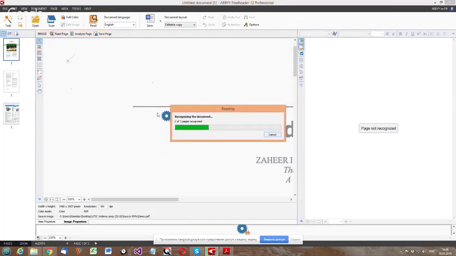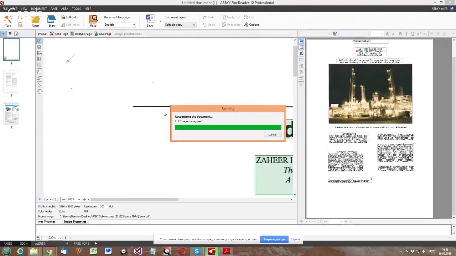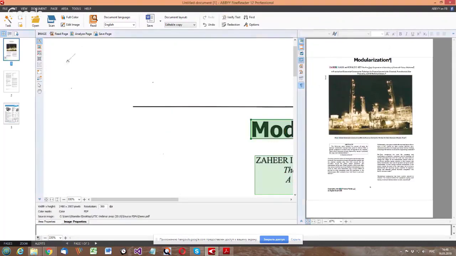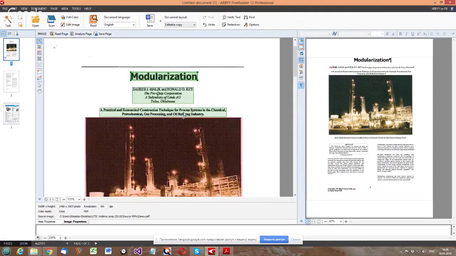You can see the cogwheel turning, which means that everything has been performed, and now I can see that the page has been recognized. So I zoom out and I check the results. First, according to what we talked about, I have a text band at the top which spans the entire width of the page. Finereader used several text areas here, one below the other. This is the same as using one big text area, so it's okay.